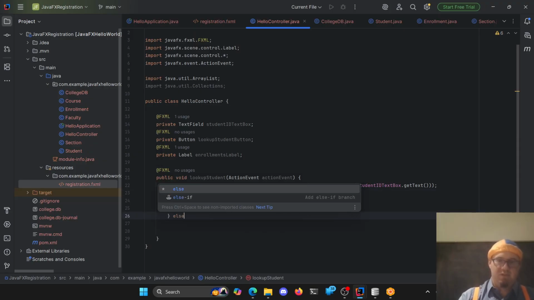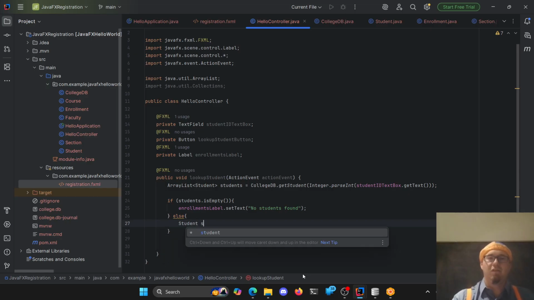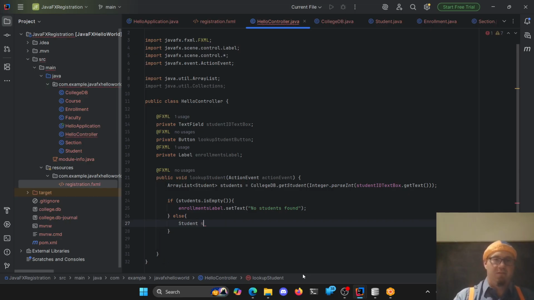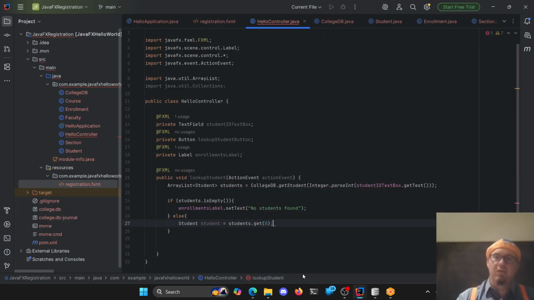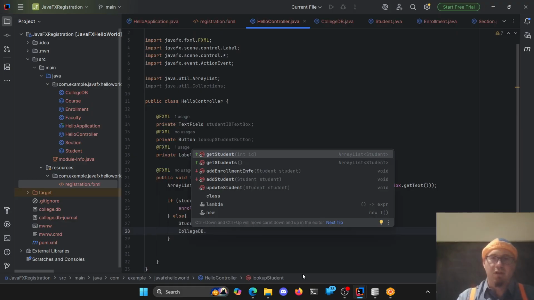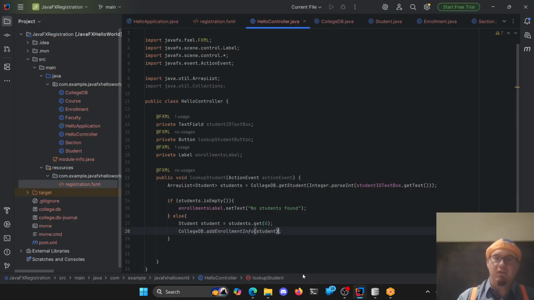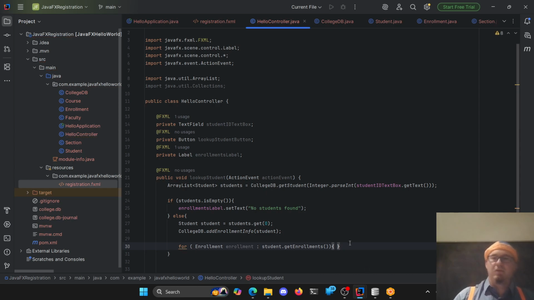Otherwise, if it's not empty, now we can go and get all those enrollments out here. So we need to go populate the enrollments. We'll take our student, so our student is students dot get from index 0, right? Get the first one out here, and we'll take our college DB. I'm going to call add enrollment info for that student, and then for enrollment in my student get enrollments,